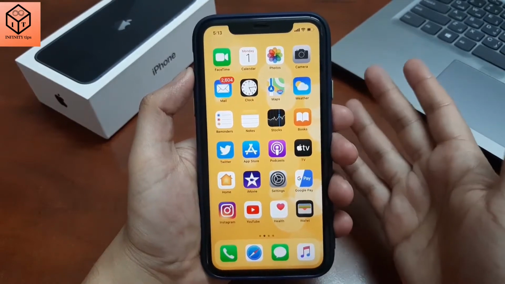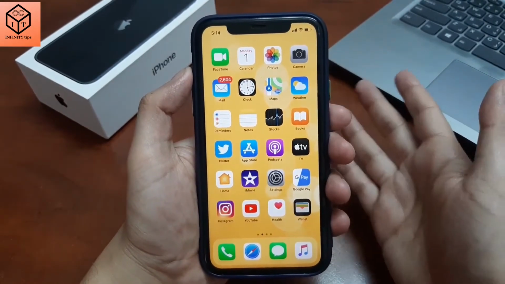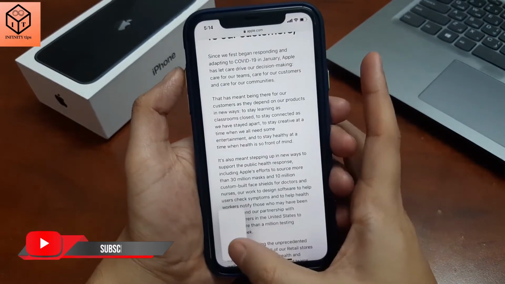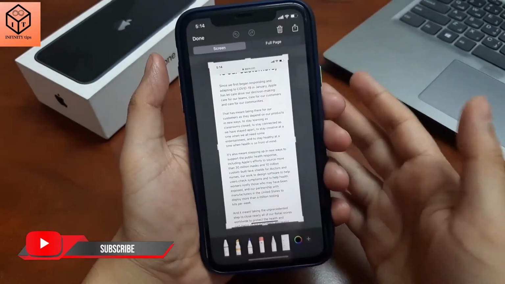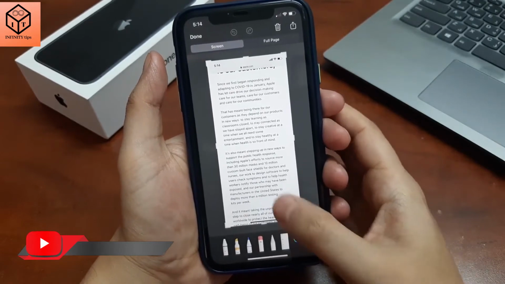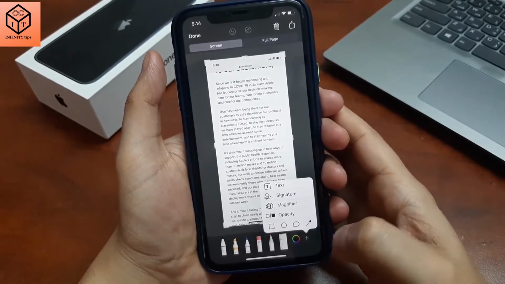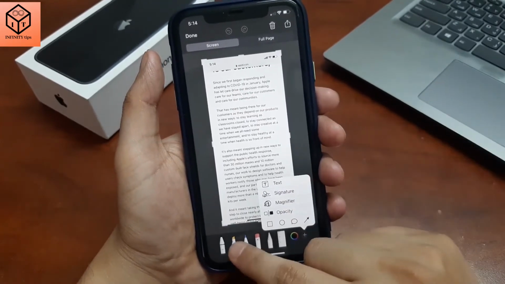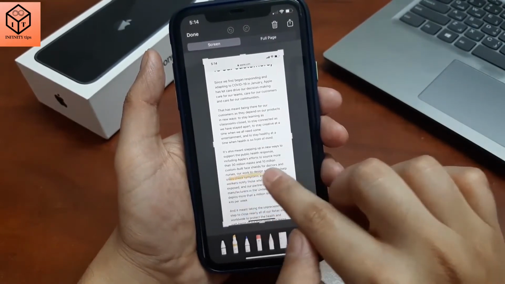Most of us know that you can easily take a screenshot on your phone by holding down the volume and power button quickly together. But did you know that you can then click on the screen grab, which will be in the lower left hand corner, and then you can add text to it, you can write with markers, you can highlight things as well. You could even add text.